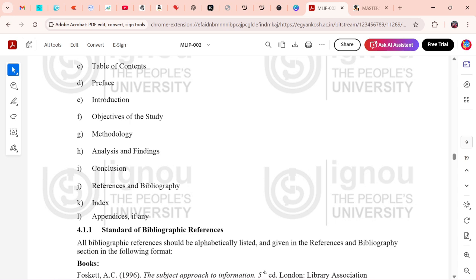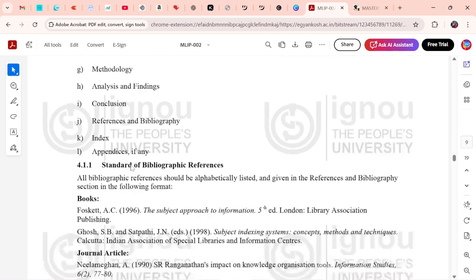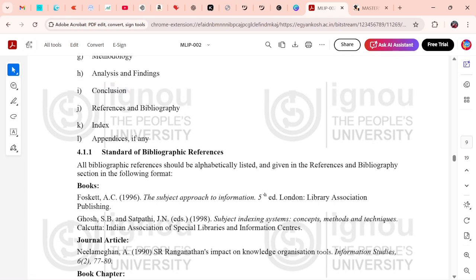You have to present your data through tables and graphs, and you have to interpret it. Okay, so the analysis and findings will have that. Conclusion. In the conclusion section you have to write the conclusion of your overall study, and after that you have to provide